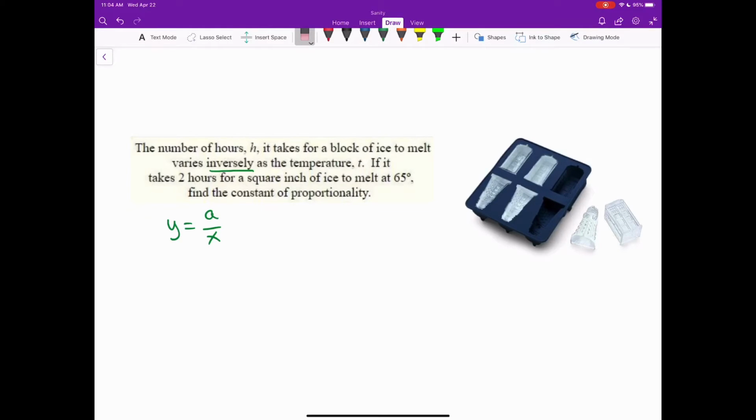So there's one of my variables, T. And we also had a variable H over there. I skipped it. If it takes 2 hours, so I'm going to highlight that. If it takes 2 hours for a square inch of ice to melt at 65 degrees, again, these correspond with our variables of temperature and hours. Find the constant of proportionality is just asking, find this constant of variation, this value of A that we've been